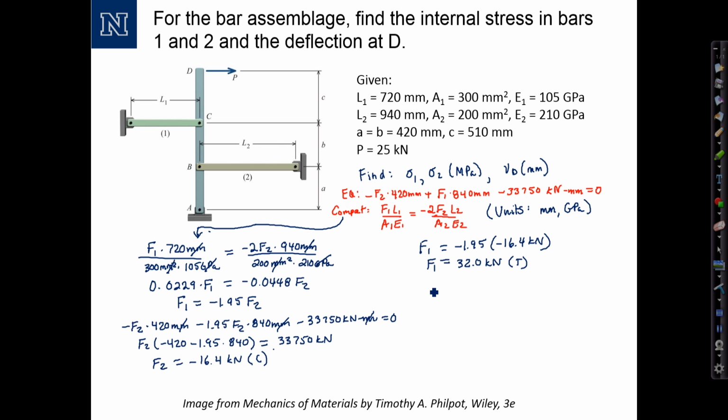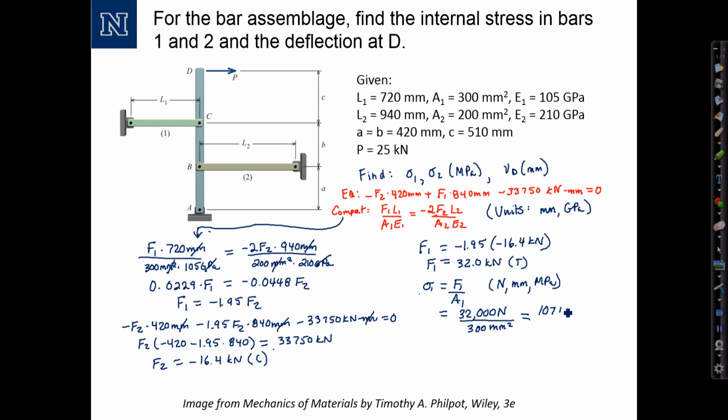Now to solve for the stresses, we just need to divide these internal forces by the areas. Sigma equals F over A. Sigma 1 equals F1 over A1. Remember that for stresses in SI, I always want to work with units newtons, millimeters, and megapascal. 1 megapascal is a newton per millimeter squared. So F1, I'm going to convert that 32 kilonewtons to 32,000 newtons divided by the area, 300 millimeters squared, gives me a stress of